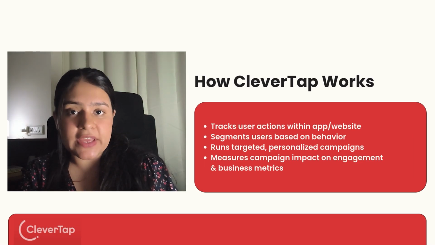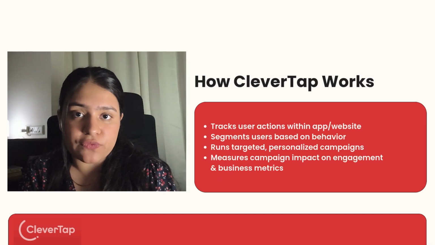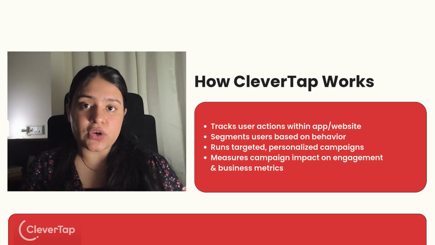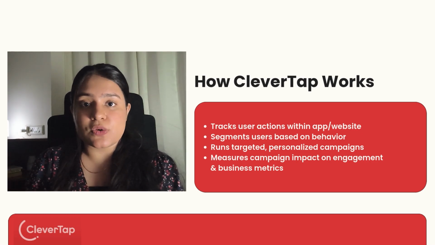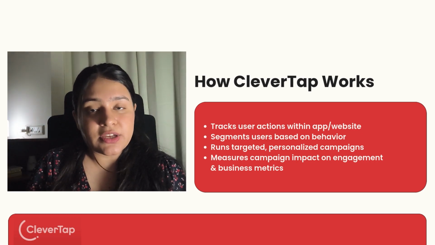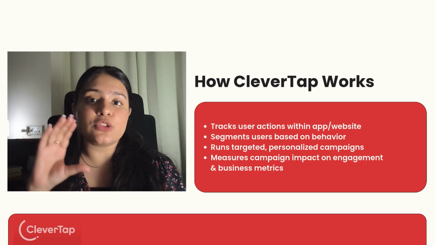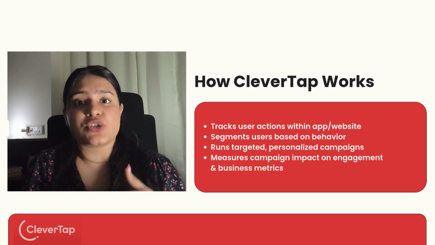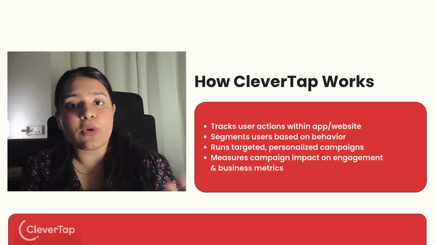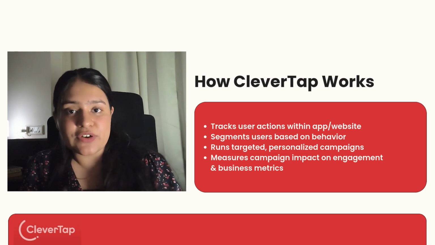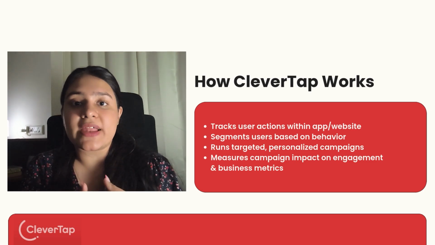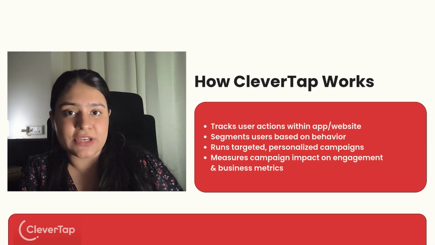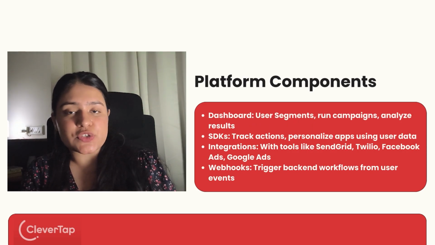There are three primary ways through which you can increase the user engagement of your app. You can track each and every action a user is taking inside your app. You can build segments of those users based upon their behavioral pattern, and you can create campaigns targeting those specific segments of users and send them personalized push notifications, WhatsApp texts, emails, and reach out to them on all the marketing channels that CleverTap allows you to. After that, you can also analyze the reports of those campaigns and understand their effect on user engagement and business metrics. So now let's discuss the platform features.